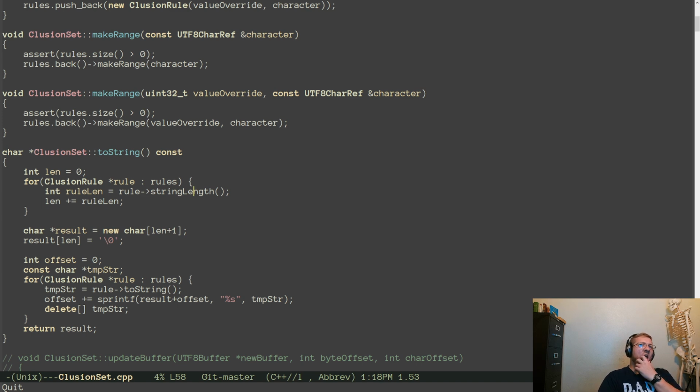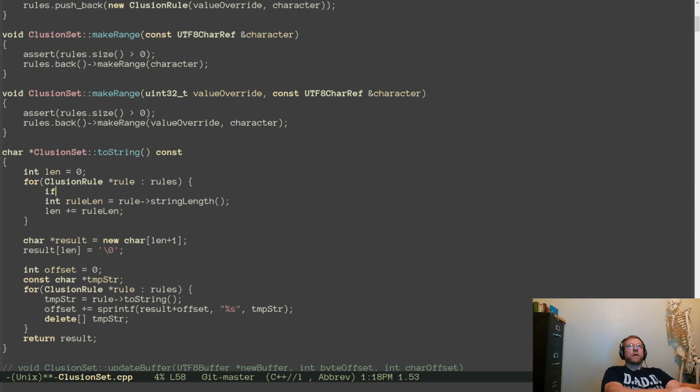Huh. If rule equals null, firstly, what the why this folly?